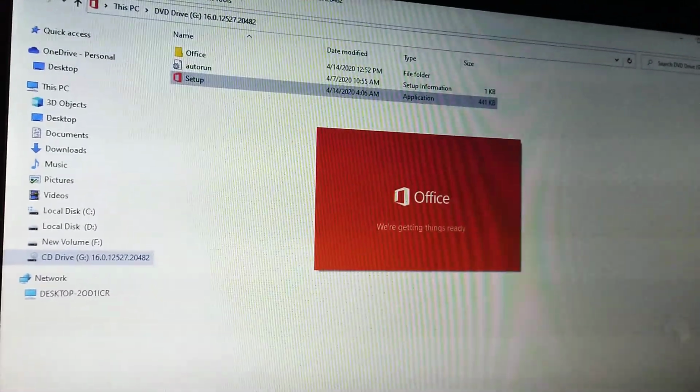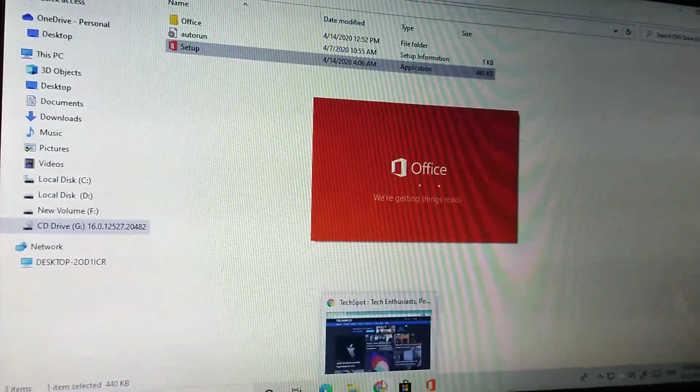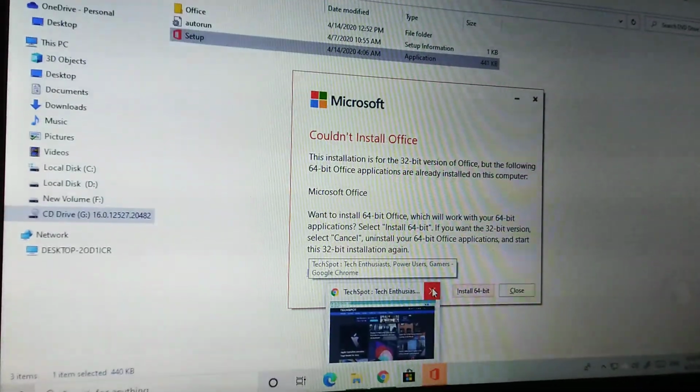And now you can also close the Windows ISO file and Chrome browser.